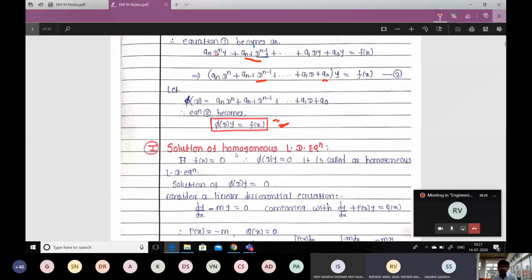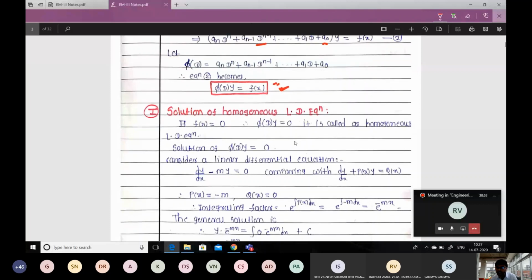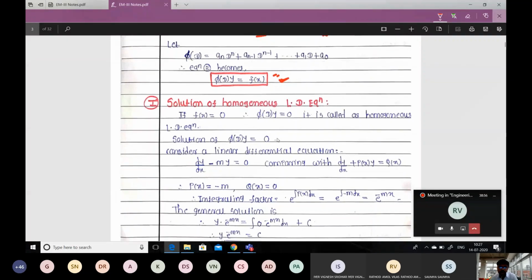Okay. Next important point is the solution of a homogeneous linear differential equation. I suggest everyone keep a pen and notebook with you. Whatever I am displaying here, the important points, you have to note down, and obviously it will help you. Like in a classroom, we used to use a notebook and pen, and similarly here, whatever I am displaying, just note it down, and later I will share the notes as well. Don't worry about that. But the best way to learn mathematics is to do the mathematics, so obviously you need to keep a pen and notebook with you while attending this lecture.